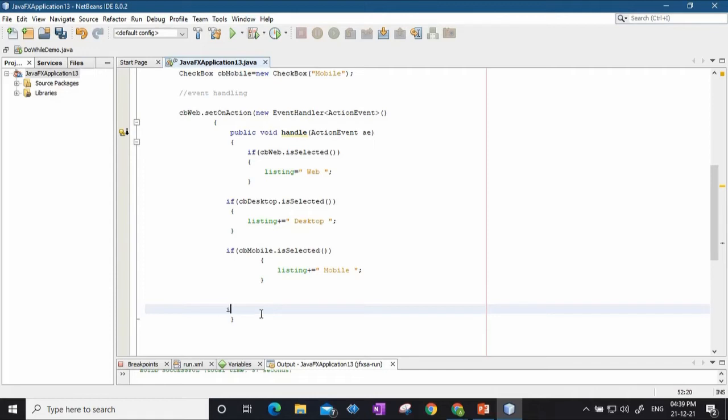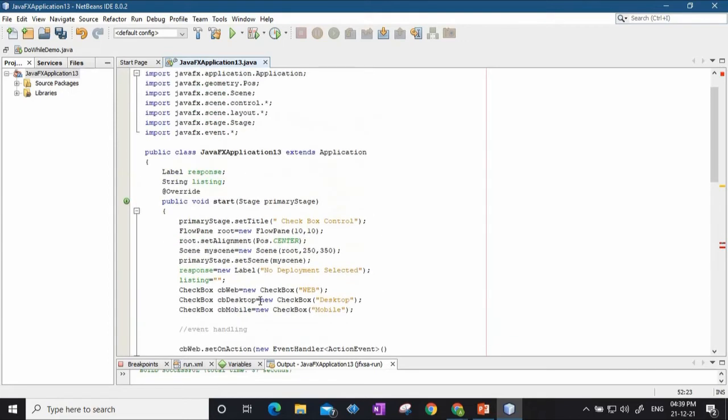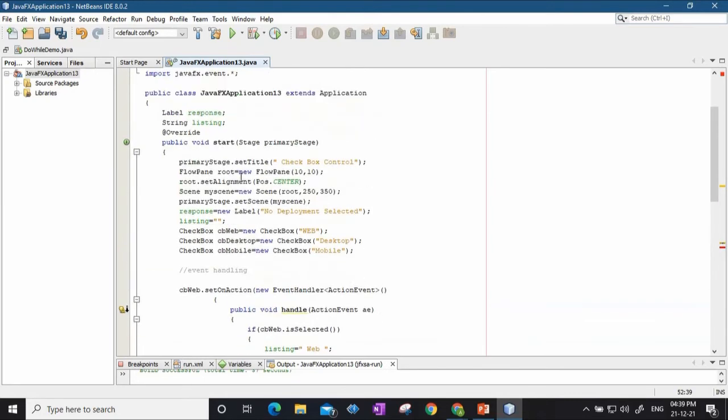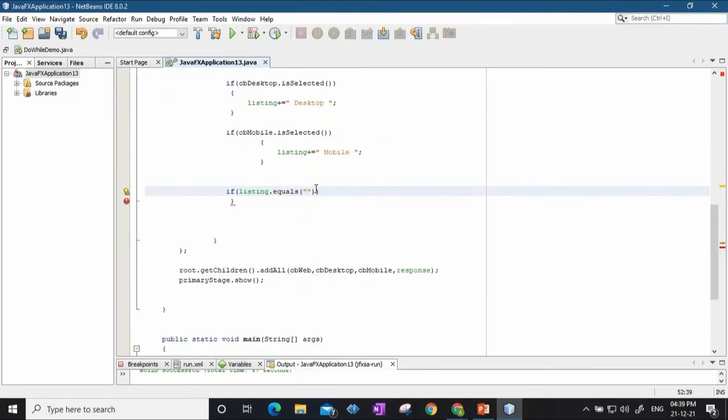Okay, now if nothing is selected, then if listing is equal to, dot equals, that means if listing string, see I initialized the string as null here, and if it is null, that means no other thing is selected.